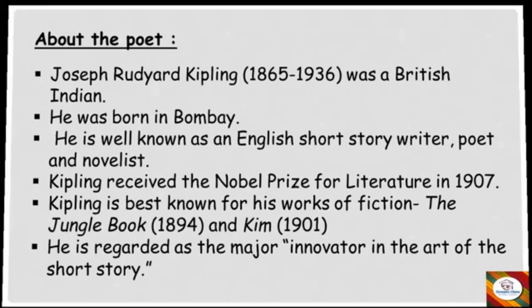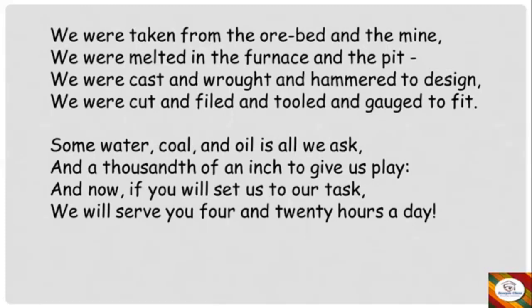Now let's go to the poem, read it stanza wise and understand. So here the entire poem, which is written on machinery, Rudyard Kipling is trying to give us information about how the machines are manufactured, what are the processes they undergo, and what are the limitations and advantages of machines. But when you read the poem, you will feel as if the machines are themselves talking to you and explaining their conditions and situations. Okay, so let's get started. Let's read the first stanza, understand it, and then let's go to the second one.